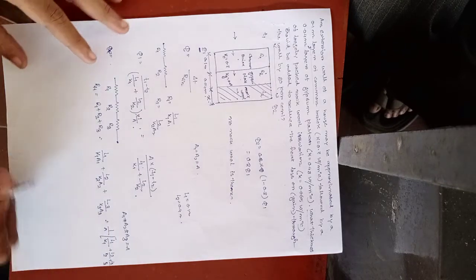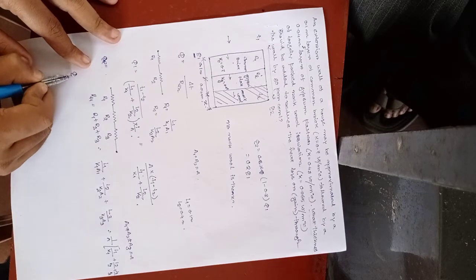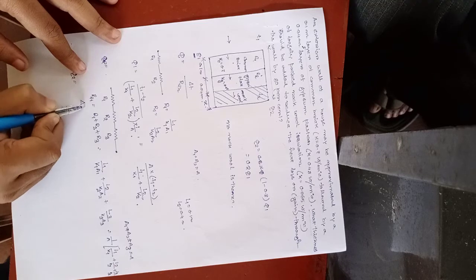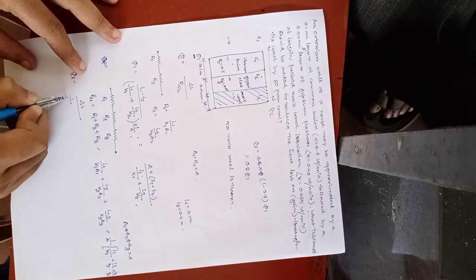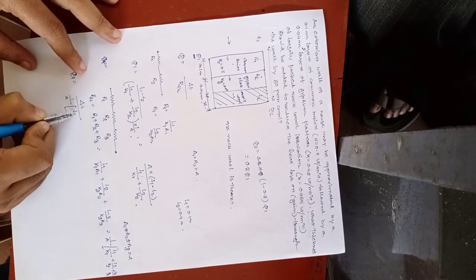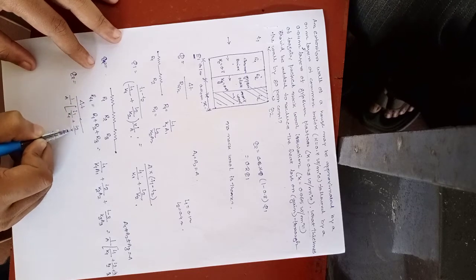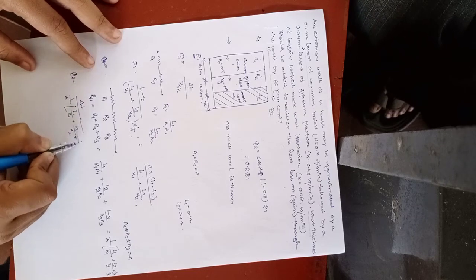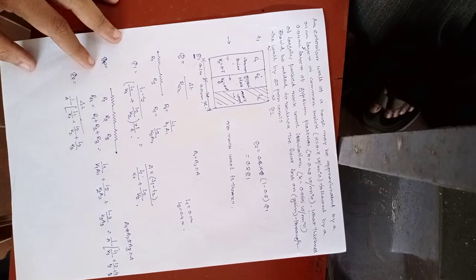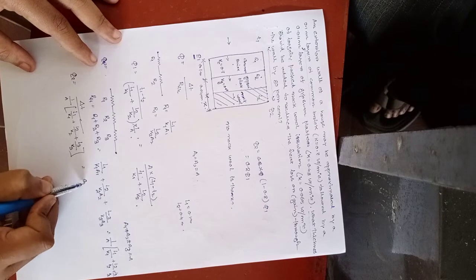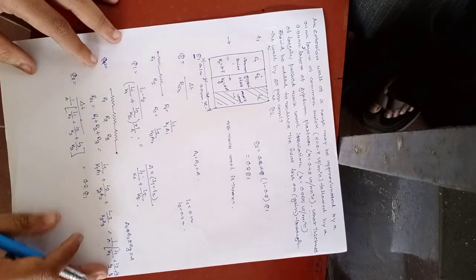Okay, now what will be Q2? Q2 is del T by this 1 by A, L1 by K1 plus L2 by K2 plus L3 by K3, which is similar as 0.2% of Q1, or we can say